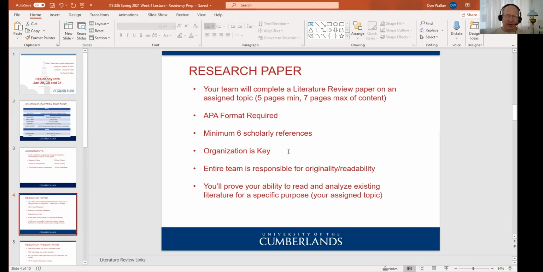And organization will be key. I should see distinct headers in an APA formatted paper, headings. And as you know, we don't say section 1 with a numeral 1 heading. We just say the name of the section. And then within the paragraph,